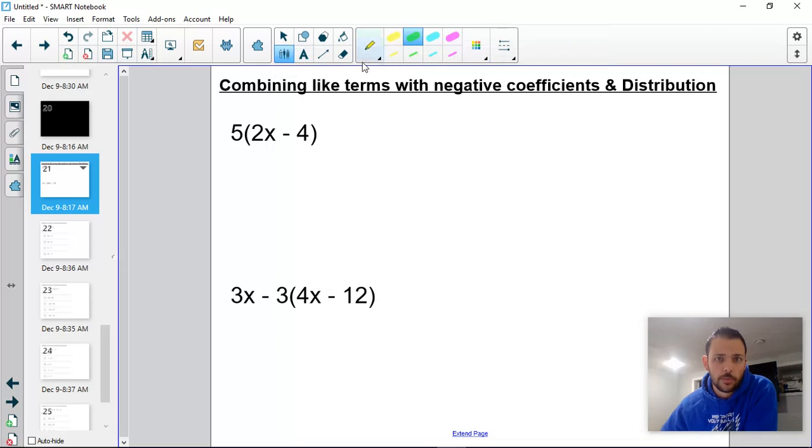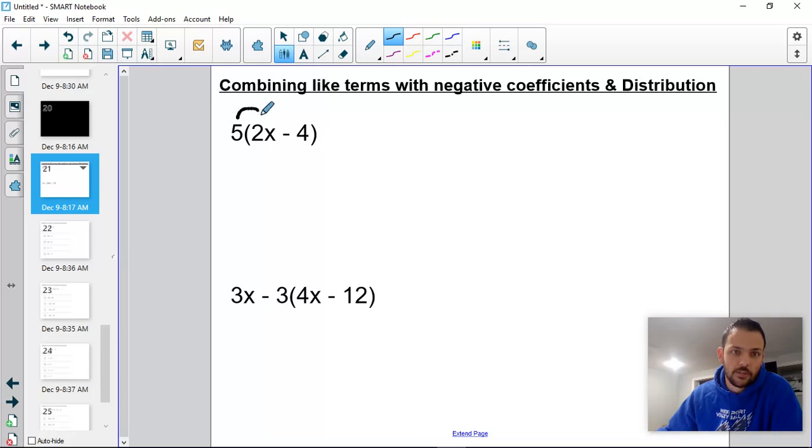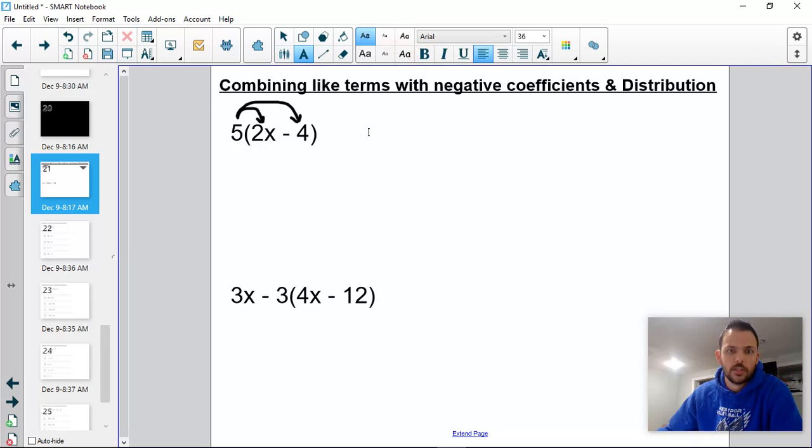All right, so distributive property, again, is something that you guys should have worked on last year. What I see a lot of folks doing incorrectly is just doing the 5 times the first term inside the parentheses. All right, but what this actually means is 5 times 2x and 5 times the minus 4. All right. What this actually means is that we have